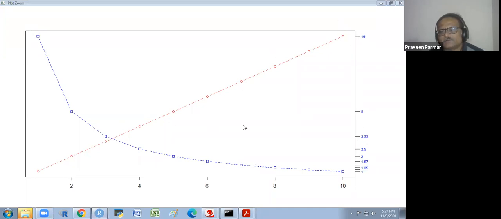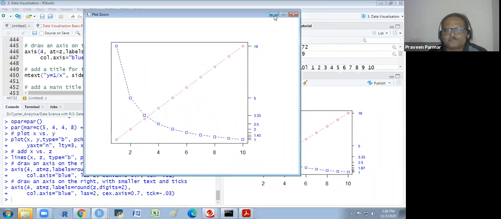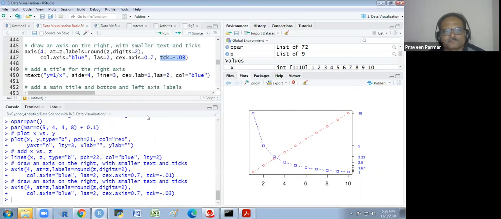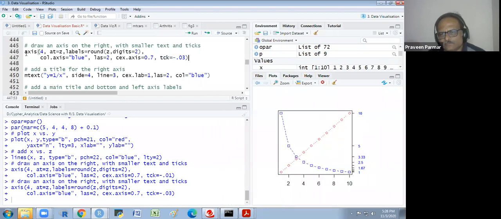This tick, its length. Okay. And this axis is a function. We could create the axis.